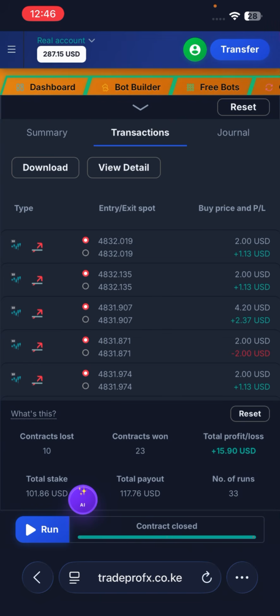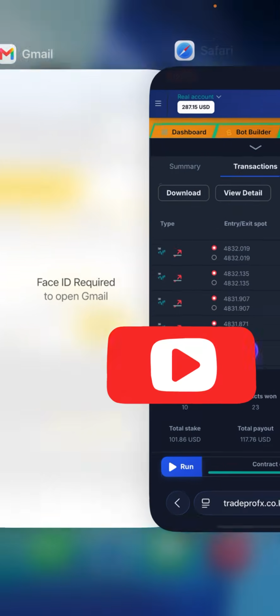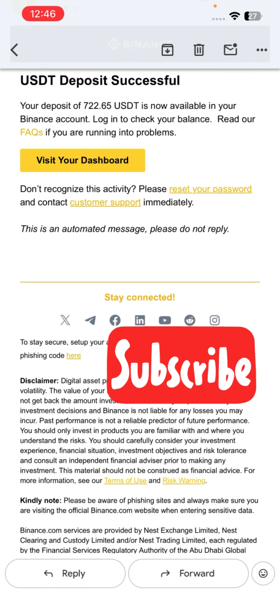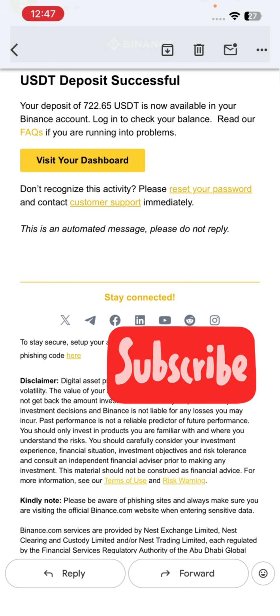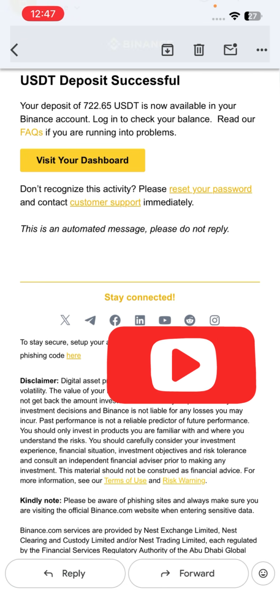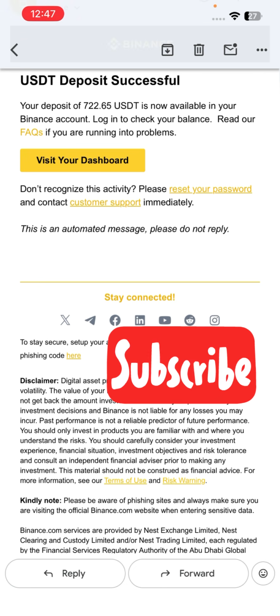So we withdrew after reaching 1,000 USD. So we're back to around 200-plus USD, and we try to grow it again over the next days until we hit the end of the month. If I look again, the last amount we withdrew was 722.65 USD. That was the last amount we withdrew to Binance, because I usually save my USD into Binance